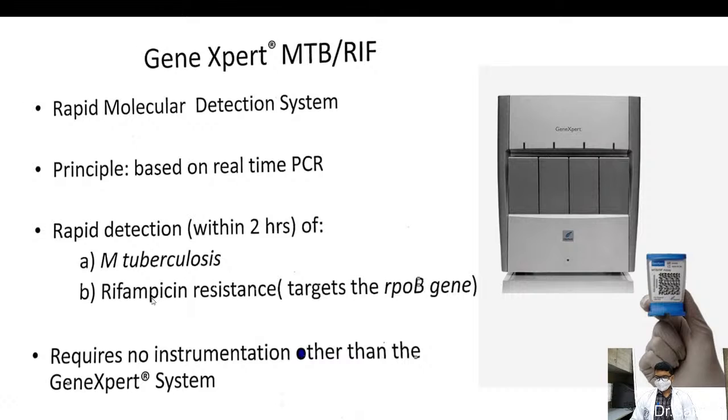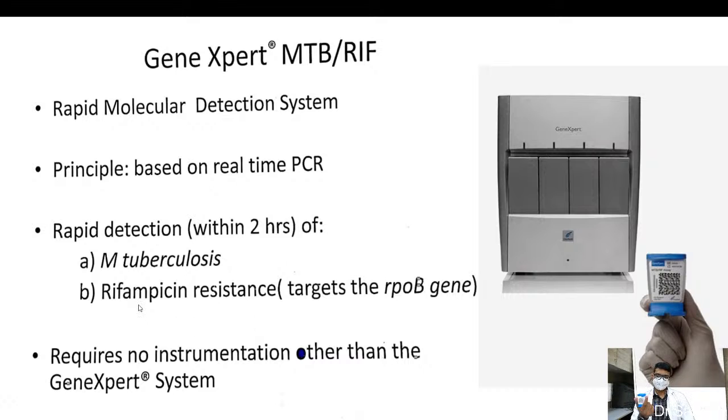So the other variants of this PCR are the GeneXpert. Mainly in our laboratory we do it for MTB, and nowadays we also do it for detection of SARS-CoV-2. So not only this, there are many places where we use GeneXpert. Basically GeneXpert is based on the principle of real-time PCR. It's a rapid molecular detection system, and coming to tuberculosis, it can detect tuberculosis within 2 hours, and